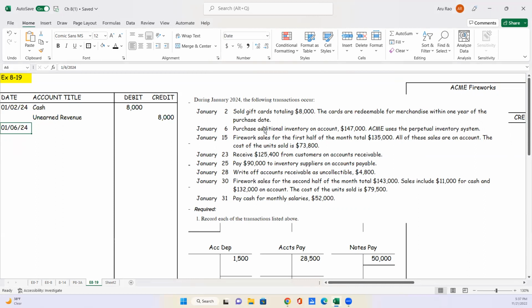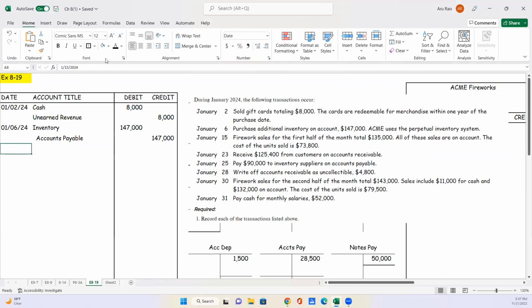On the 6th, I purchased more inventory for $147,000. I've also been told that I use a perpetual inventory system, which means I need to debit inventory and not the purchase account. I would debit purchases if it was periodic. So purchase debit, accounts payable credit, and that is because it's on account. My journal entry is going to be inventory debit, accounts payable credit,